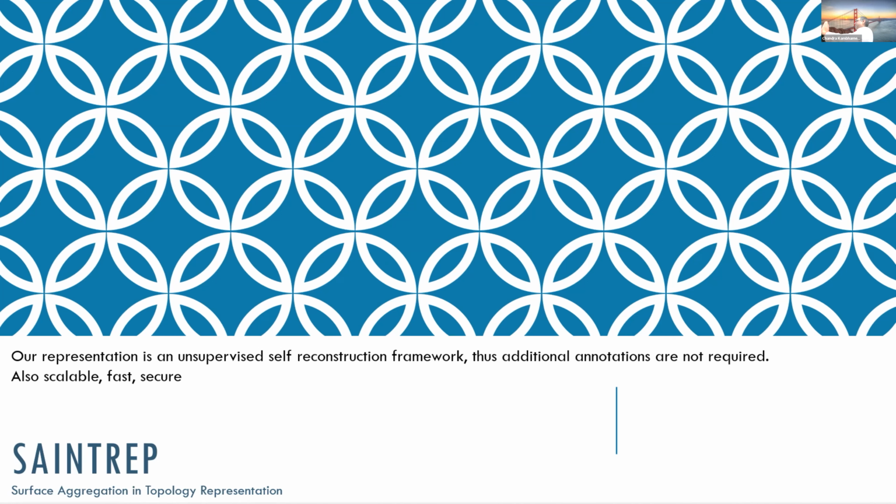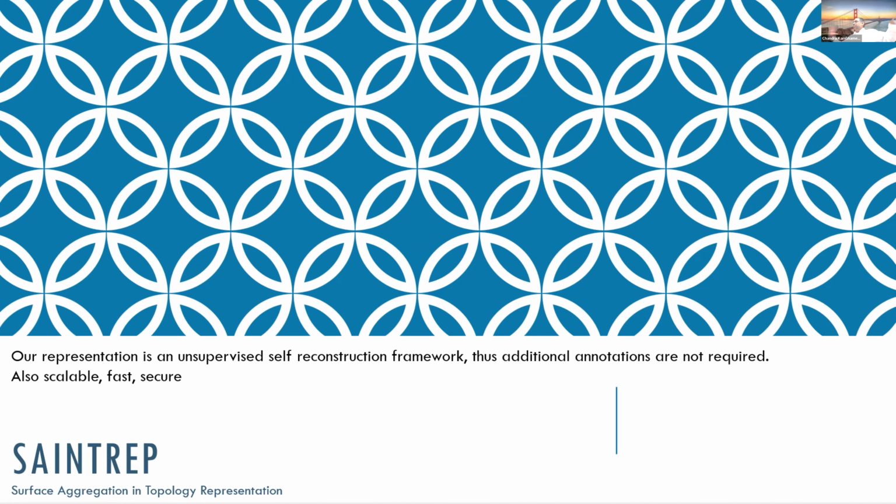Not the topology where you're seeing things smooth, because our eyes like to look at things locally, right? I'm looking at this chair, but I'm not looking at that chair at the same time. But if this chair and that chair together tell me that this is a hall, I would rather do that. Do you agree? I just need to either learn or find a good representation. So that's the key of this work: surface representation, surface aggregation. And the topology used is, I like to call it wild, but it's not smooth.